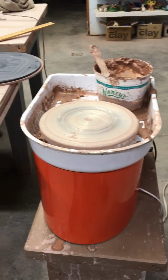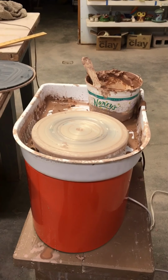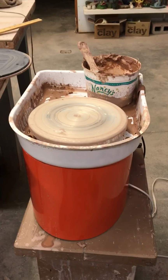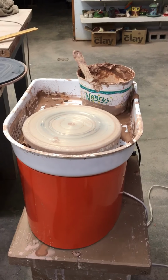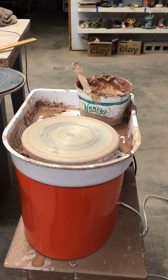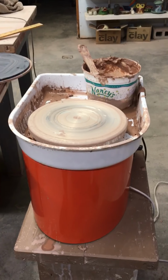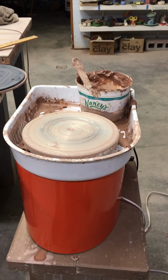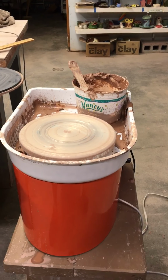What is my feeling on the wheel? Well, if you think you really want to do pottery, buy a good quality wheel. This is not it. Okay? If you're just trying it out, and let's say you don't have access to an arts nonprofit due to COVID, or for whatever reason, and you just want to try it out, if you can find one of these for under $200, they don't come with a guarantee. I mean, there's usually, like Amazon, you have a 30-day. But,